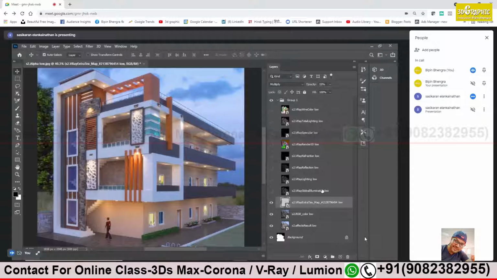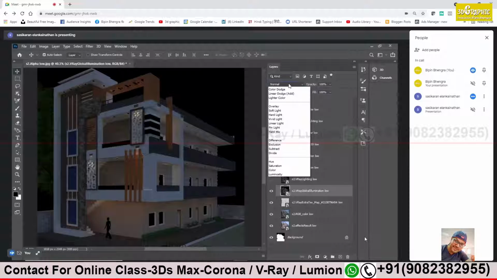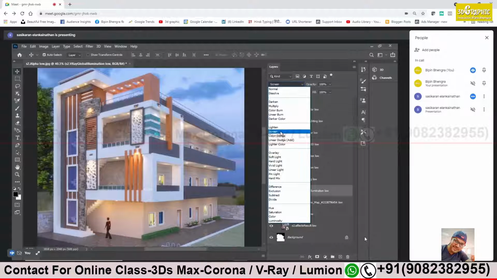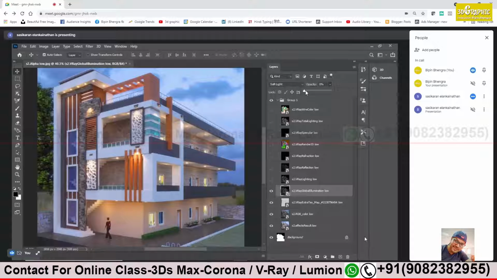Alright, let's go to another layer. Yes, on the eye icon. This is the V-Ray global illumination. We take soft light, go to normal, take the soft light. Make opacity 0. Slightly increase 5% or 10%. Turn the eye icon on and off. That's all. It will make your texture a little bit darker, more detailing will be visible. Move to the next layer.